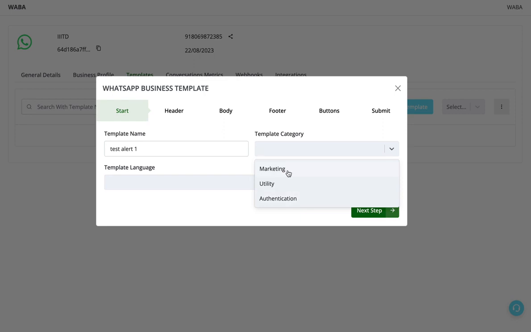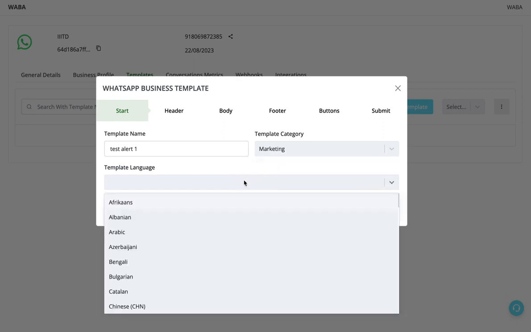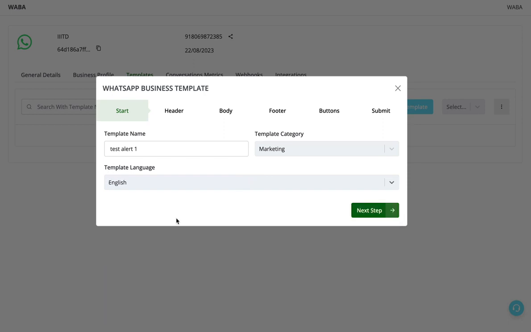The marketing category is used for sending product updates, offers, discounts. The utility category is used only for transactional updates, and the authentication category is used for sending OTPs. I'll select the marketing category, select the language of your template,